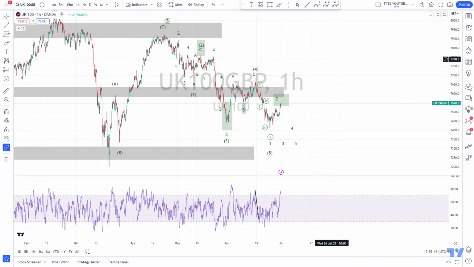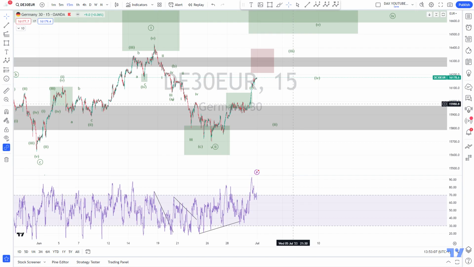This is possible, but as you will see in my higher time frame, I think the correction to the downside is not yet finished. Therefore, I believe it might still be a good idea to initiate short trades,